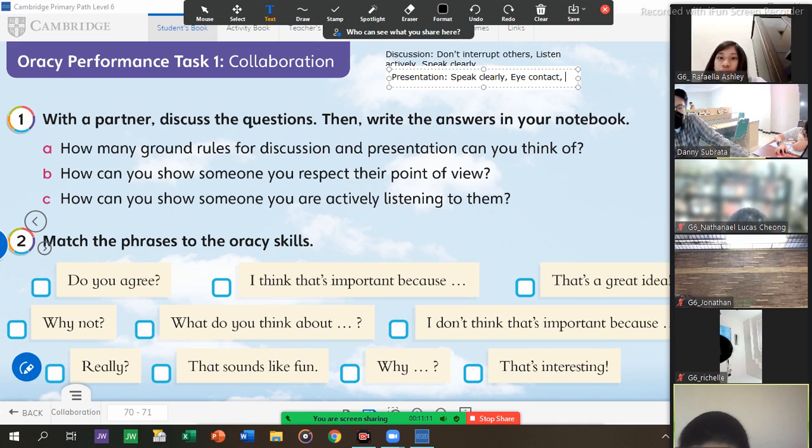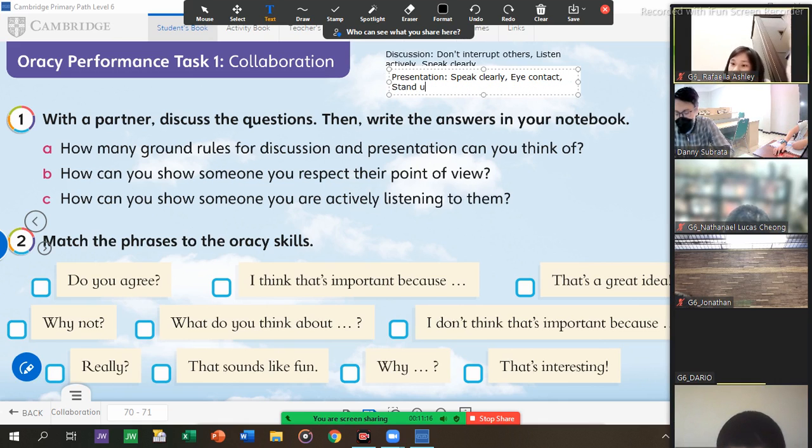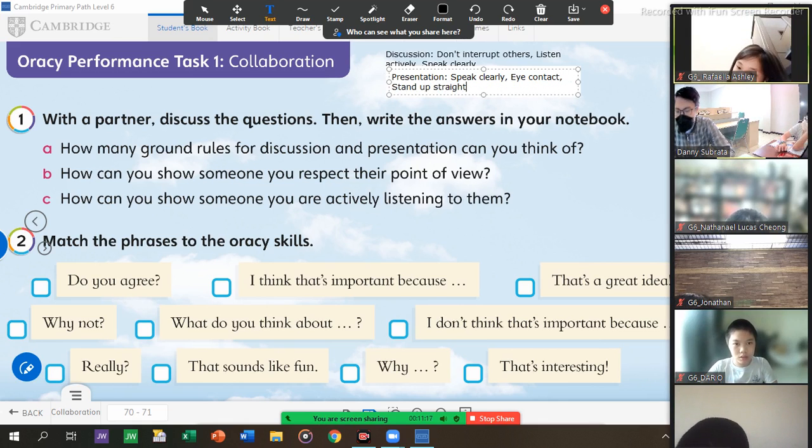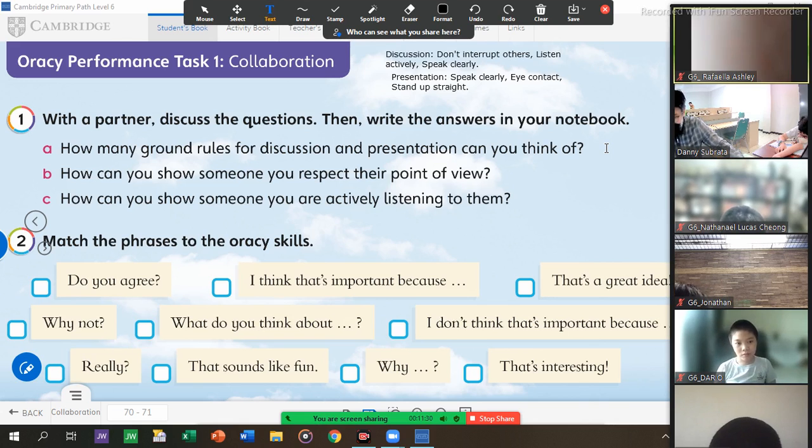Which one is better? Stand up straight. Good. Those are several things that we can use for the discussion and presentation ground rules. We already discussed that before the midterm test.